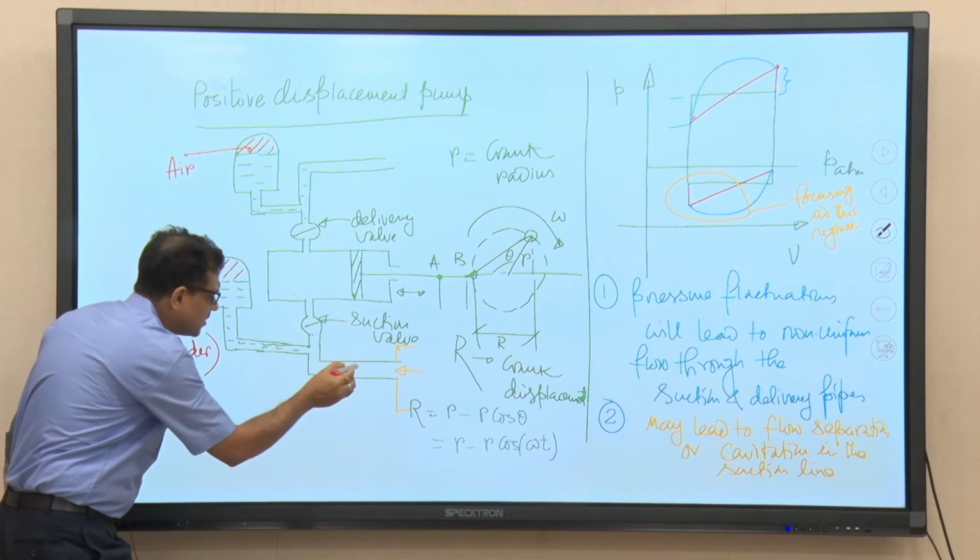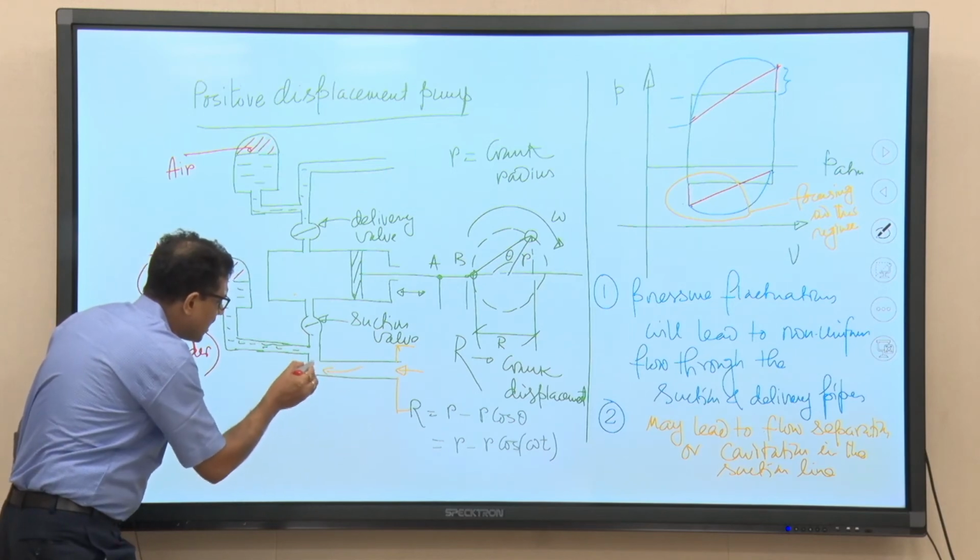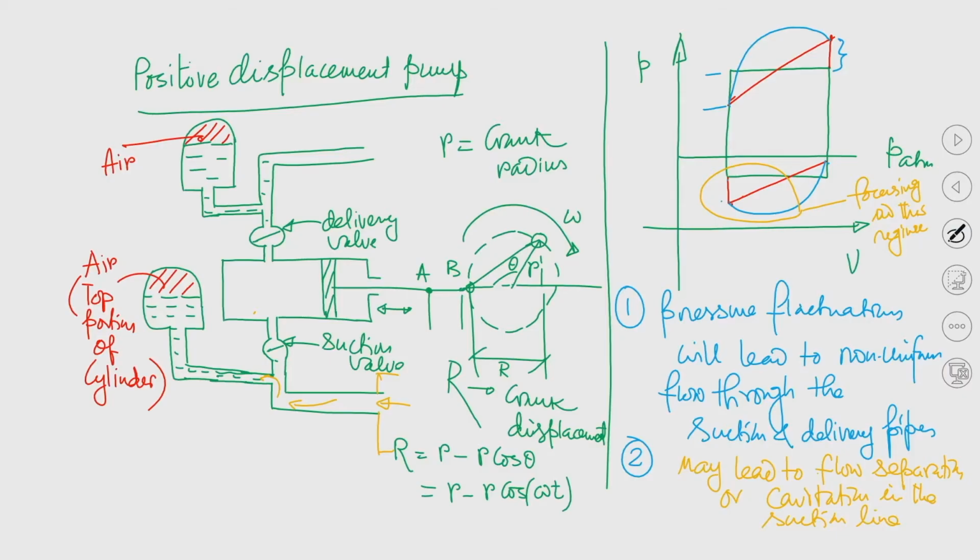So, what will happen is that the liquid will move, and a part of the liquid will first go to the air chamber, and the top of the air chamber has air. So, the liquid will compress the air, and as if that amount of flow energy is stored in this compressed air. So, try to understand.